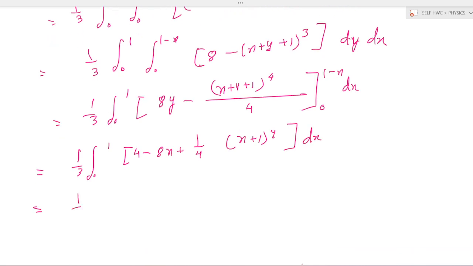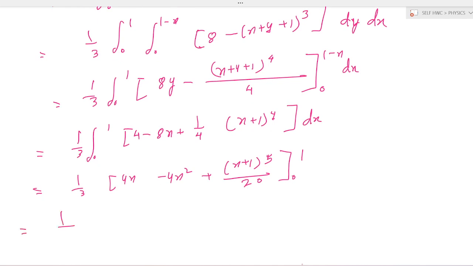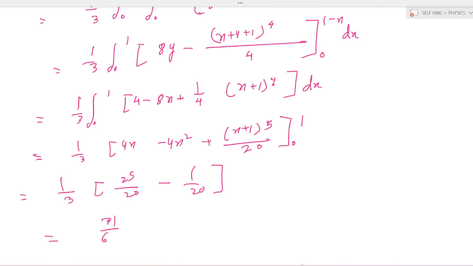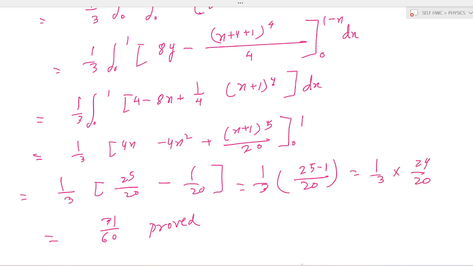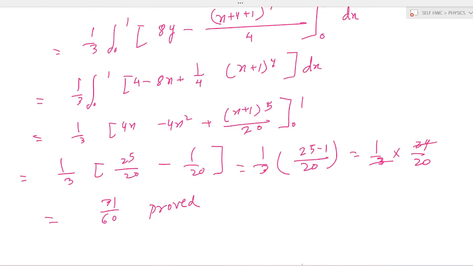is equal to 1 by 3 into 4x minus 4x square plus (x plus 1) to the power 5 by 20, from 0 to 1, and is equal to 1 by 3 into 2 to the power 5 by 20 minus 1 by 20, and this value is 31 by 60, proved, because 1 by 3 times (2 to the power 5 minus 1) over 20 is 1 by 3 into 24 by 20